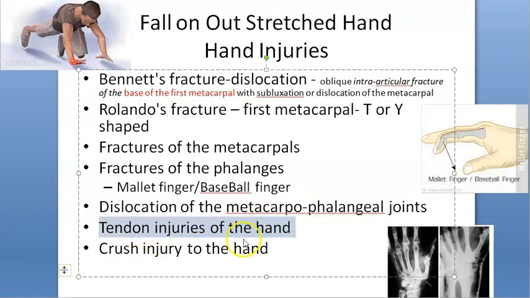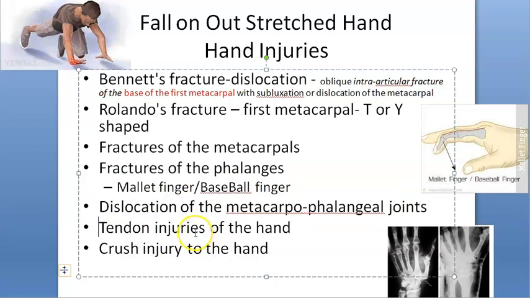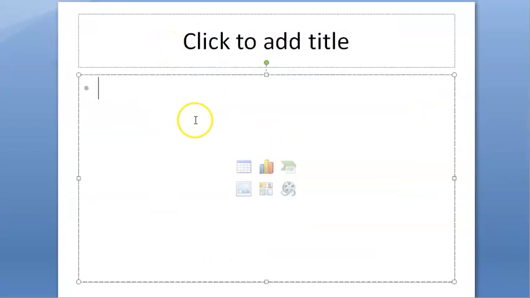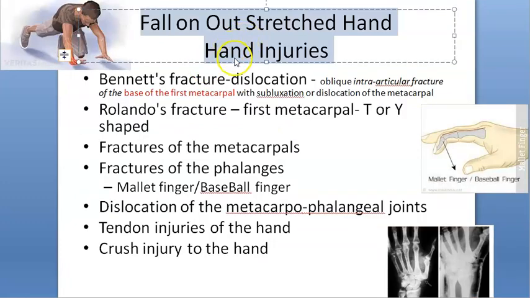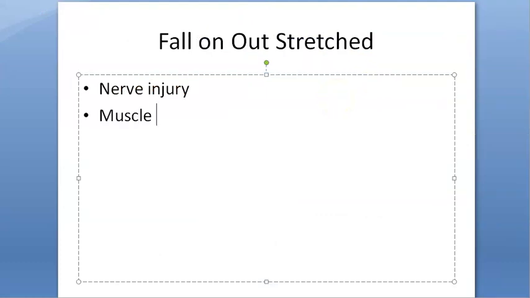Then tendon injuries can happen, muscle injuries can happen, nerve injuries can happen, wrist drop can happen, claw hand can happen, all that you write. Nerve injuries can happen, carpal tunnel syndrome can happen. Just write all the nerve injuries, guys. Then write tendon injuries, etc. Then crush injury you write, muscle injury you write, artery injury you write, everything you write. So if they ask you fall on outstretched hand, you'll have to write everything. Nerve injuries, muscle injury, then artery, vessel injury, all this you will write.